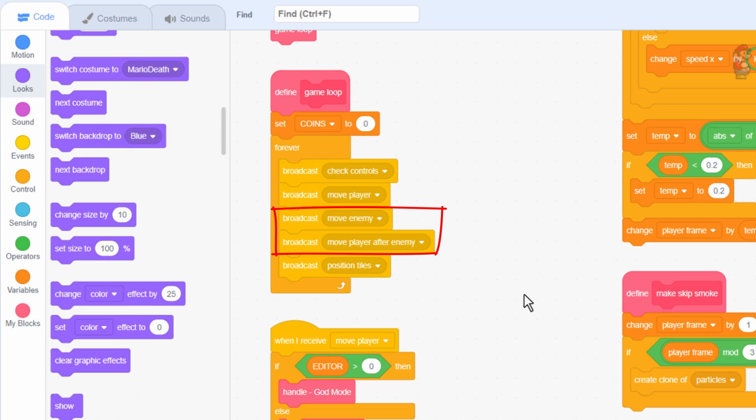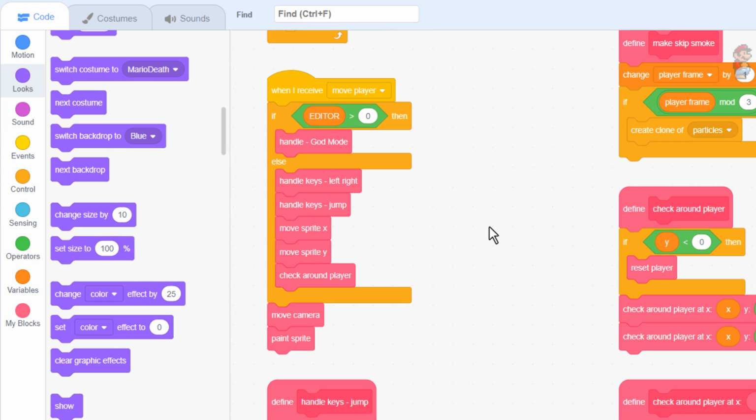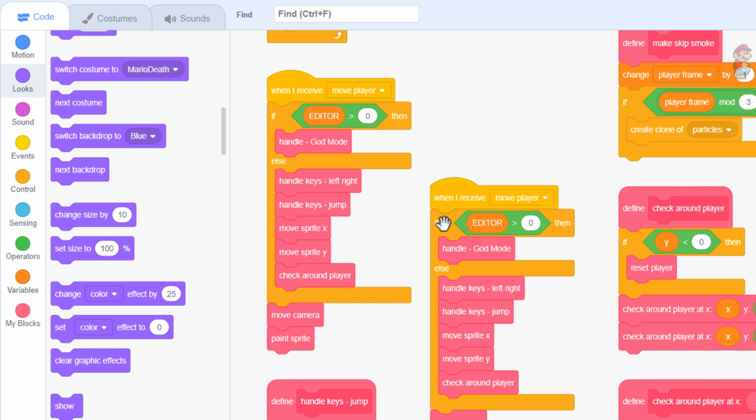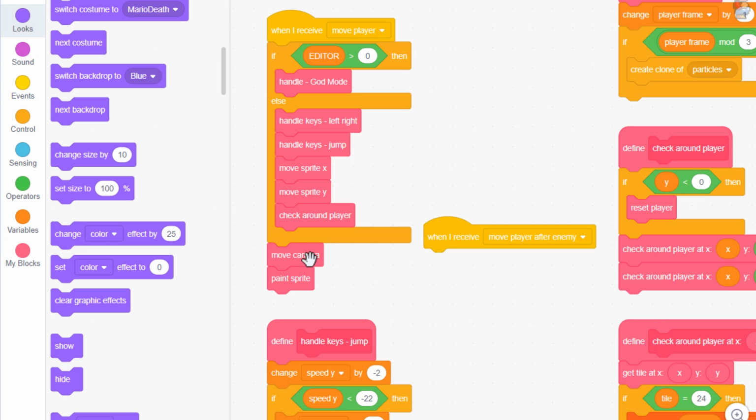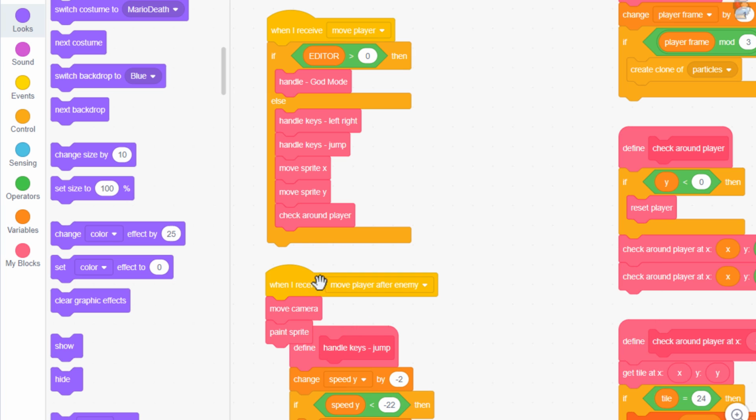The order of these broadcasts is crucial for our program to run correctly. This lets us move the player, then move all the enemies, and then perform more player movements and checks, all in the same frame of our gameplay, but across multiple sprites. This was a real game changer when I learnt this trick. We will use it now to split off the camera movement and final sprite positioning of the player